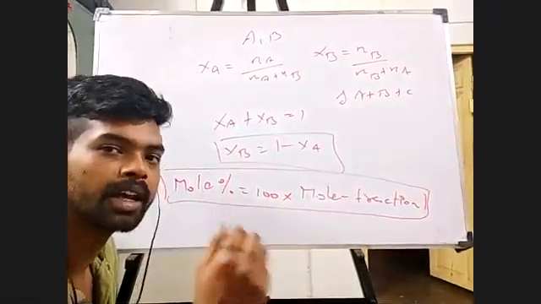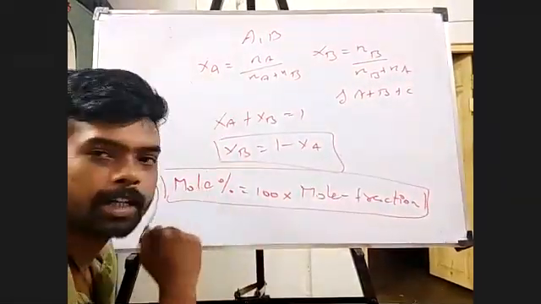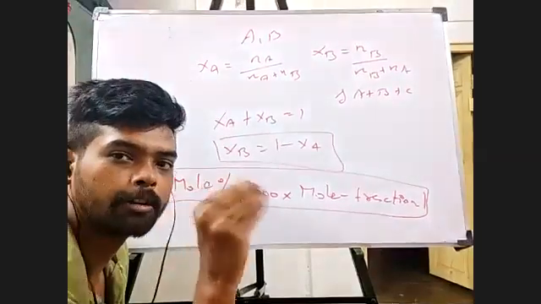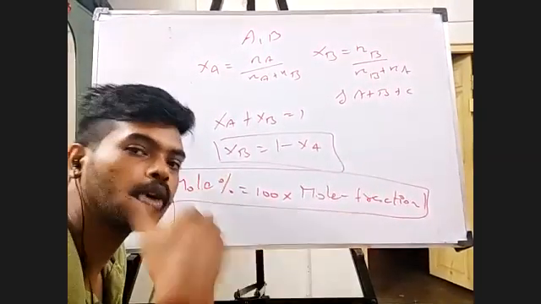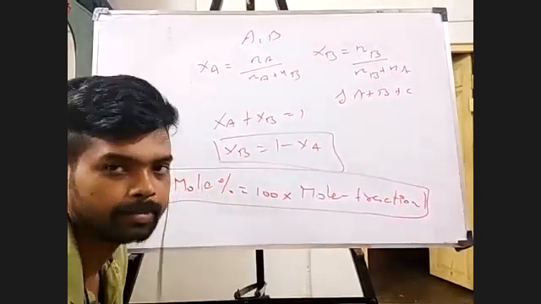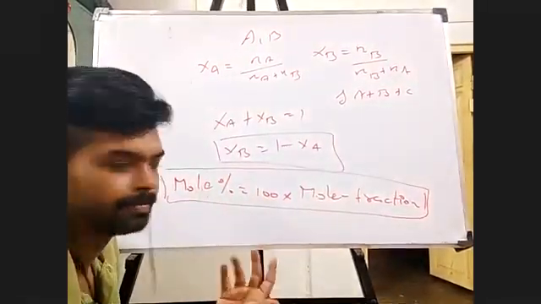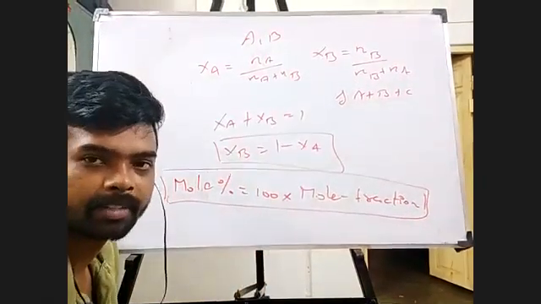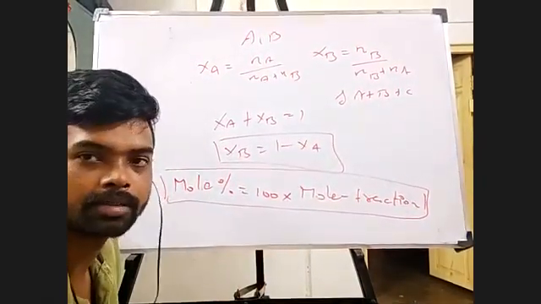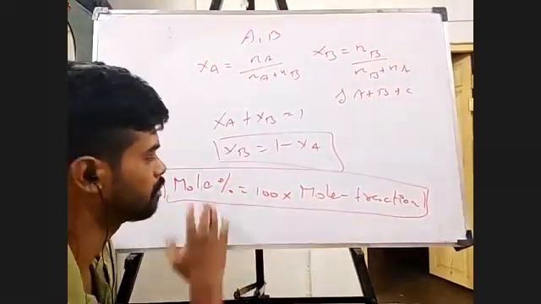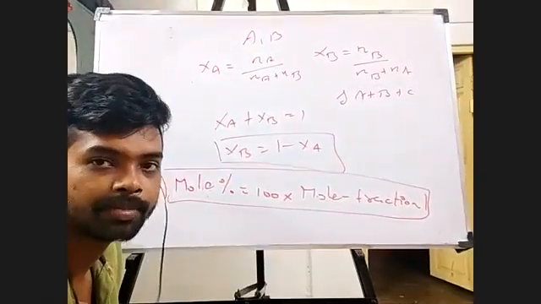Right? So obviously mole percentage and mass percentage will have still more similarities. The only difference is, if I talk in terms of mole percentage, it is number of moles of solute divided by total number of moles of the solution, isn't it? Now obviously into 100 will come, and that is what we are doing here, right? So there are a lot of similarities between mole fraction, mole percentage, and mass percentage.